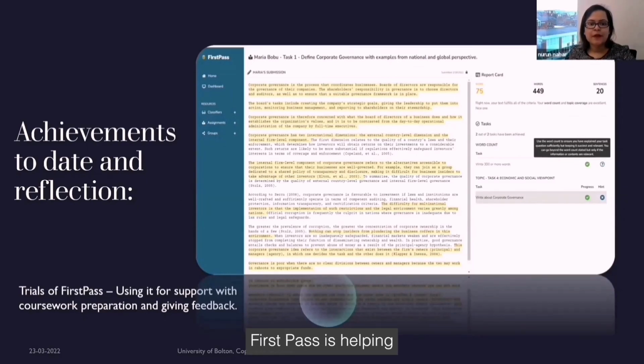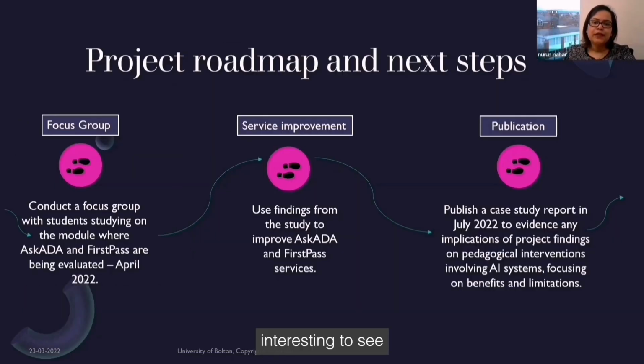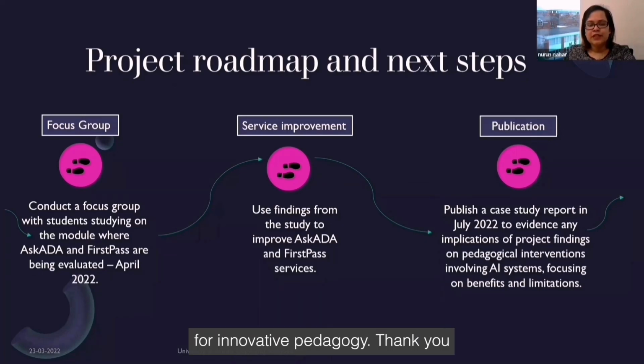As of now, FirstPass is helping students to identify any content-related gaps in their coursework preparation and address this before any final submission is made. As a tutor, it is enabling me to ensure students are receiving sufficient constructive feedback during the preparation and submission process in order to do well in their coursework. It would be interesting to see how AI-driven systems like this could be integrated within curricula and in the development of assessments and feedback policy in partnership with students to explore their potential for innovative pedagogy.